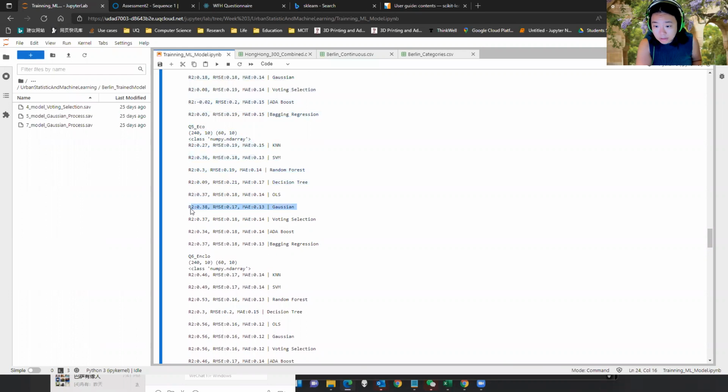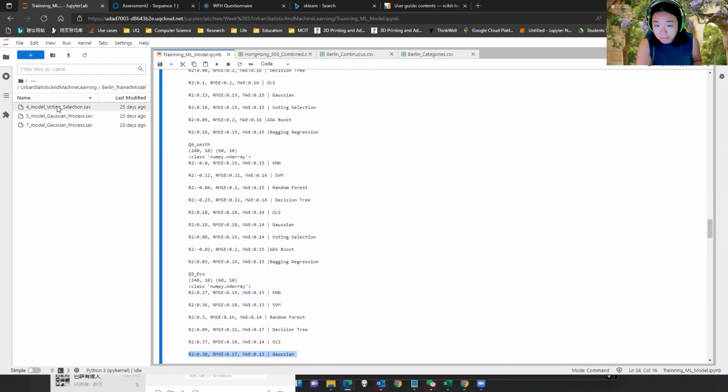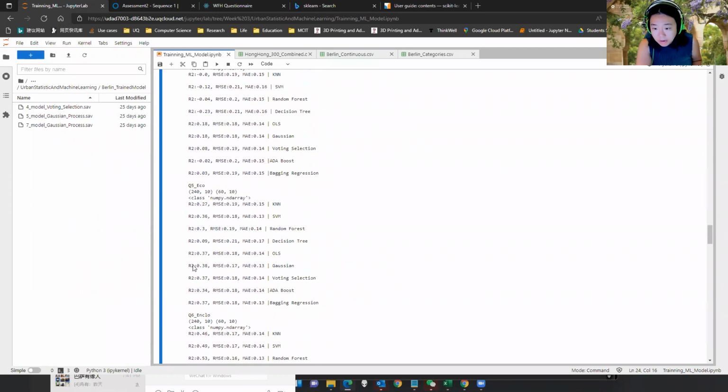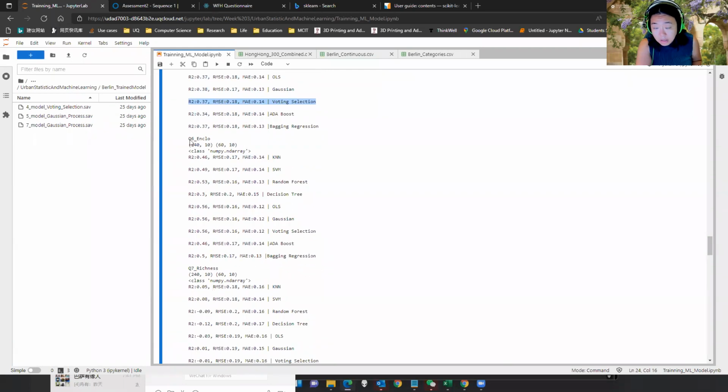Gaussian process. Yep, so this one should have the best performance. And for number 4, it's a voting selection. Yep, this one. Not number 4, so number 4 is actually number 5. This one, voting selection. And the 5 represents quality 6, which is Gaussian process. Yeah, this one. So those are the models that I have selected and put them in the best trained models